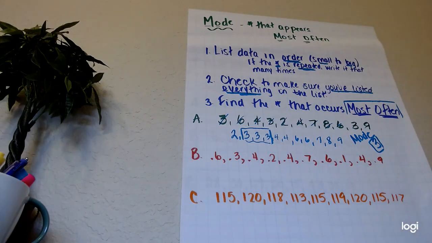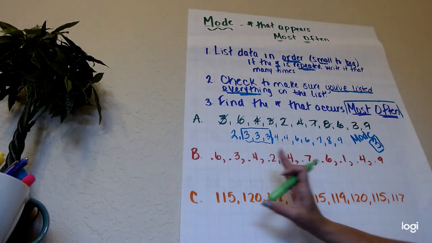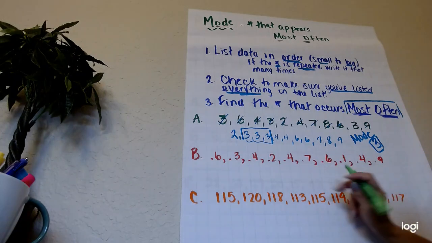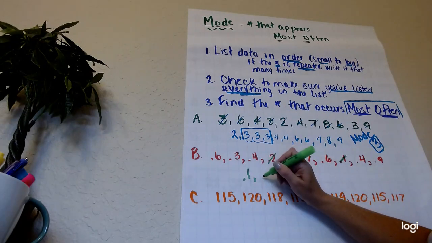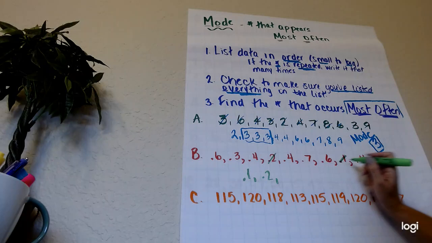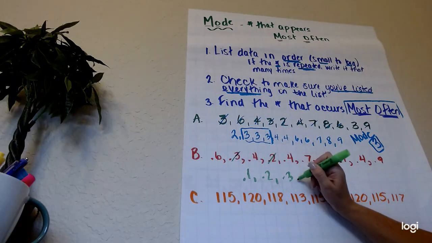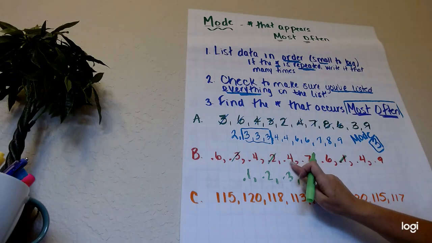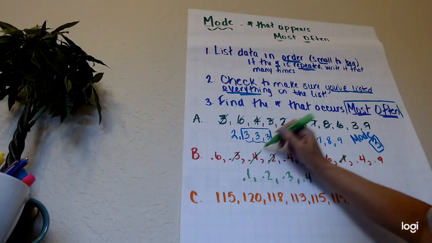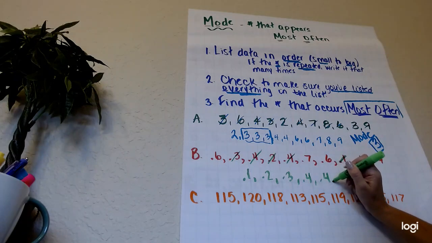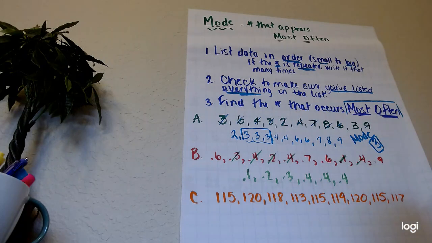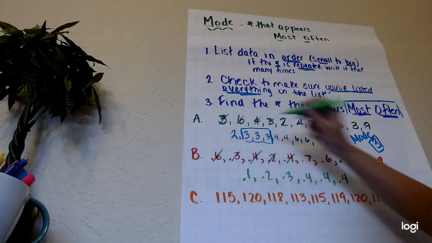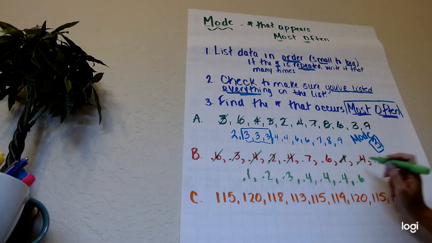All right, now we're going to look at this set of data. Now it is decimals, and if you remember on a number line, it's going to be 0.1, 0.2, 0.3, 0.4, 0.5. So let's look here. I have a 0.1. I have a 0.2. I have a 0.3. No more 0.3s. I have a 0.4 here, another 0.4, and another 0.4. Do you see any 0.5s? I do not, but I do see a 0.6. No more 0.6s, but I see a